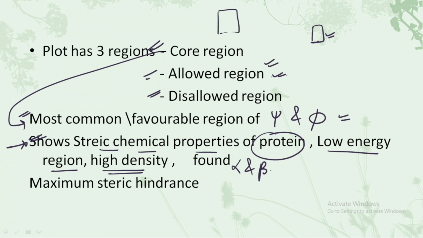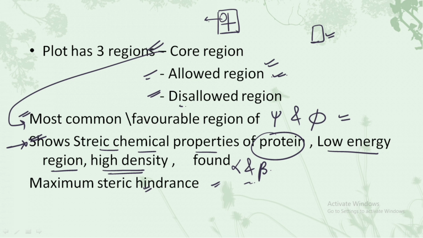That is, in a plot, consider we have this allowed region, for example. In this allowed region, we would be obtaining those proteins that have alpha and beta sheets in the maximum amount. I'll be explaining how to read a plot in the next slide itself.